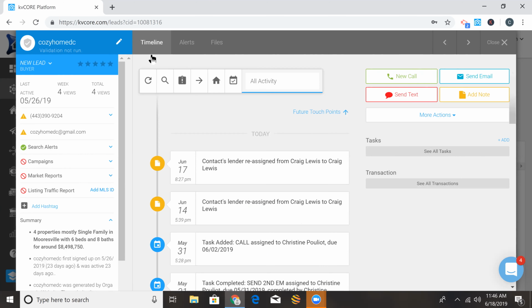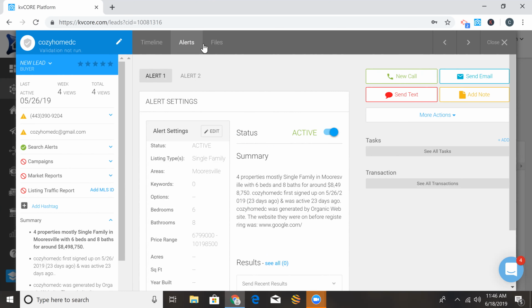Because I try to set a couple of things, someone up on a buyer campaign. Campaigns are completely different, and I'm actually not that big on the campaigns. So how do you set them up in the KVcore? Search alerts and campaigns are very different. Search alerts I always set up for people. Market reports I always set up. Campaigns I'm less big on because I'd rather reach out myself